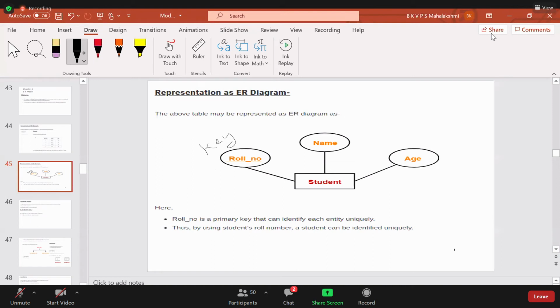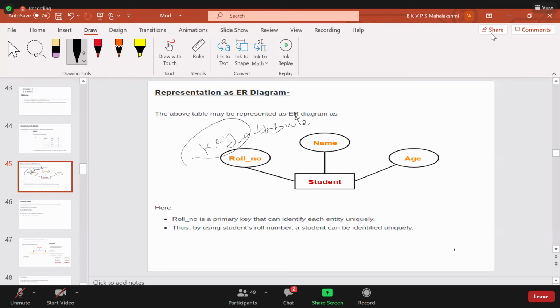If you have the key of your room, you can enter that particular room. If you don't have a key, you cannot enter the room, right? So if I have this, then I can know everything. That is why in DBMS terminology, this kind of attribute is kept as a key attribute.